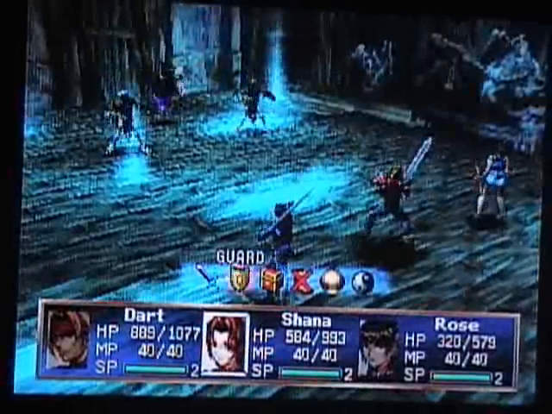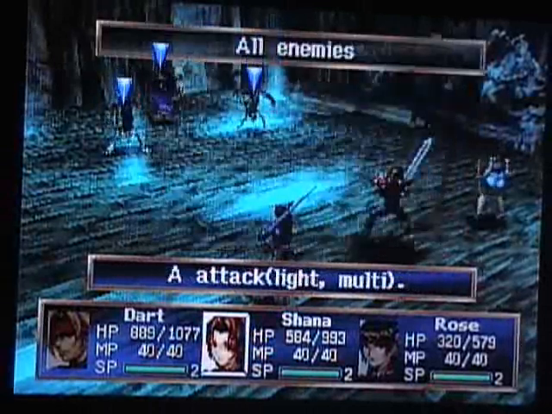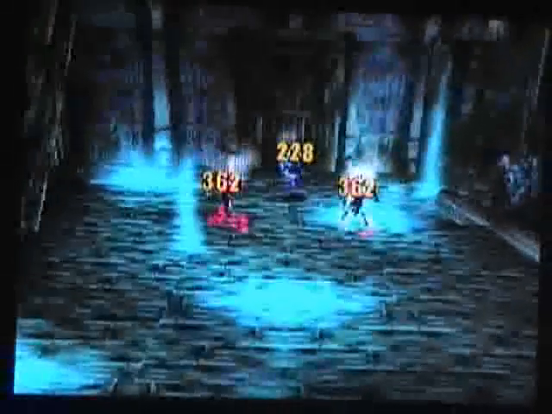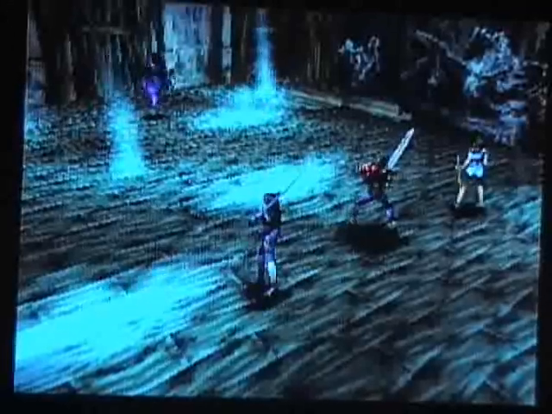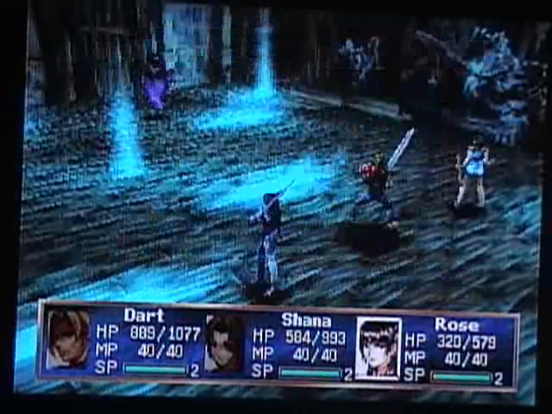I would still recommend using Dancing Rays on these guys, because it'll get rid of the cronies. And it'll do a whole bunch of damage to the Magician Bogey even. Oh, that was terrible. The thing that makes the Magician Bogey so dangerous is they have a